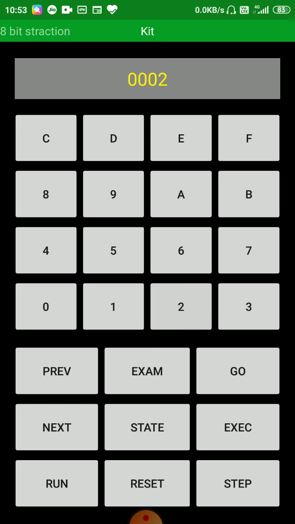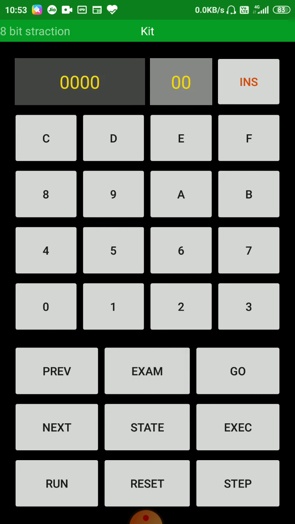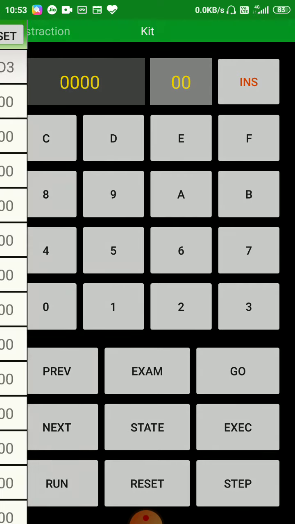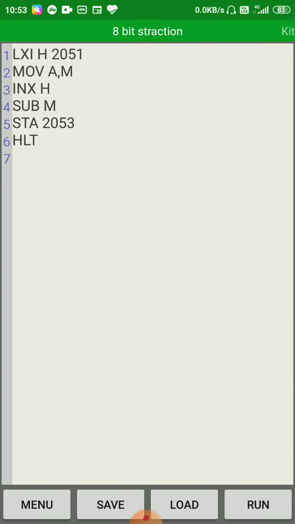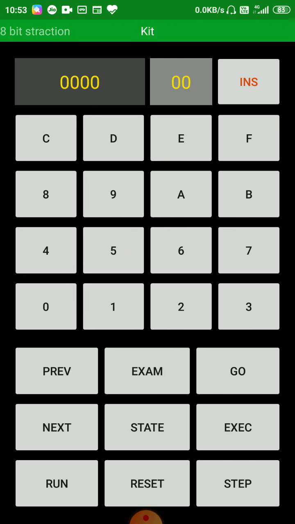Just type your program address, and after that examine. What was your address? 2051. Okay, so enter 2051 here and put in the 8-bit number.